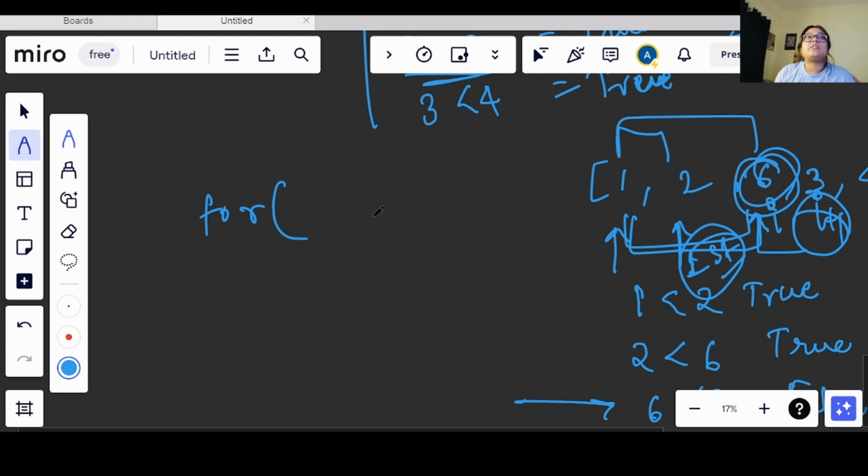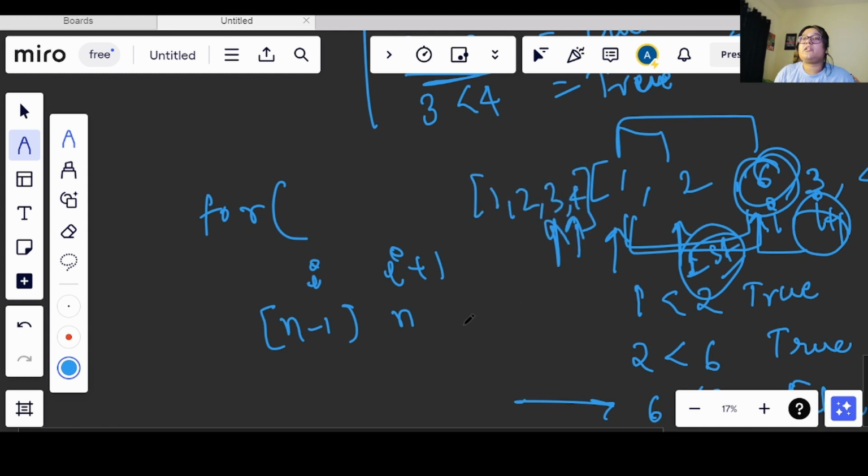Because if you are comparing i and i plus 1, when you come across n minus 1, you will compare with n. Now once you are comparing these both values, this n will not exist, right?